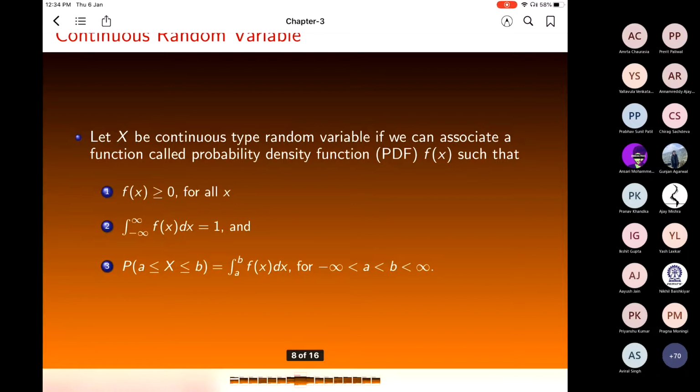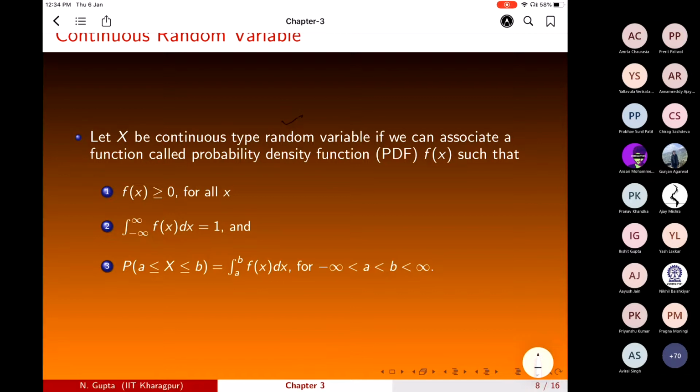So X is the continuous type random variable. If we can associate a function called probability density function such that this is positive for all x and the integration of this is 1, because here continuous type is there, so instead of summation we should have integration. And if you want to find the probability X is between a to b, then because this function is there,